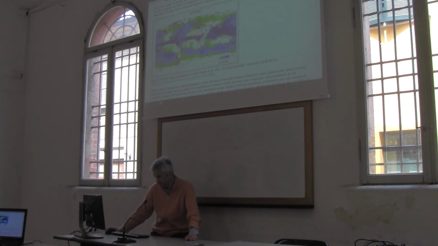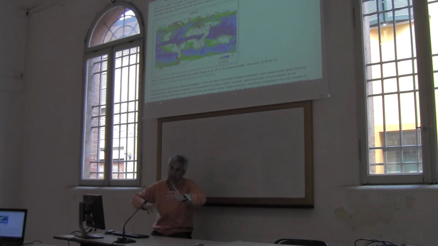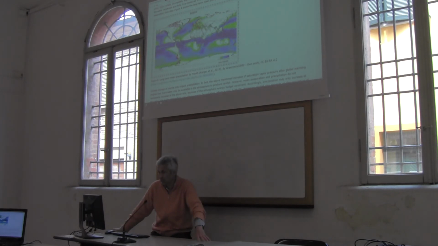It's long-term mean precipitation by month. This clarifies, it's not a change, it clarifies how precipitation is distributed over the Earth depending on the months, and is averaged in the long term. Long term for precipitation means like 100 years. And where it's dark blue, it's more precipitation. And it reflects what we know. Where it's green is low precipitation.